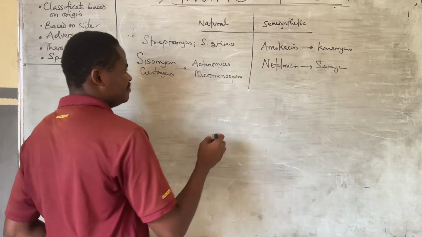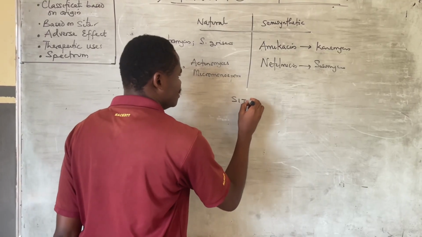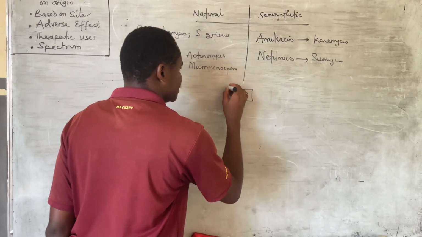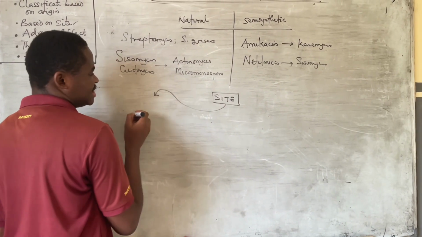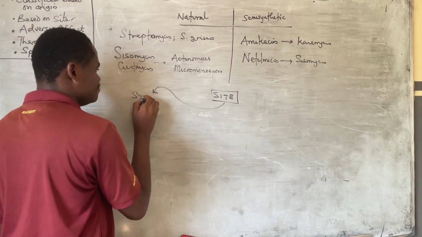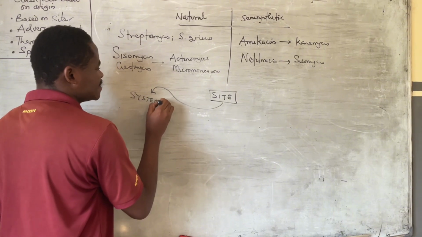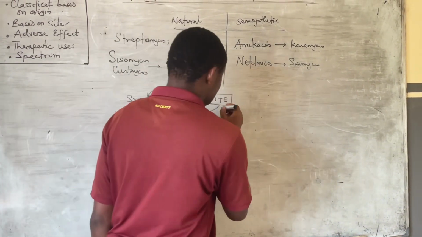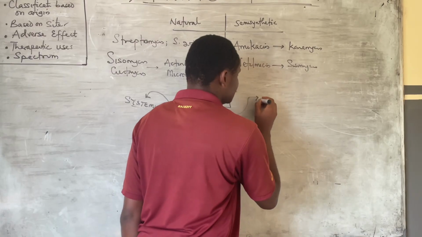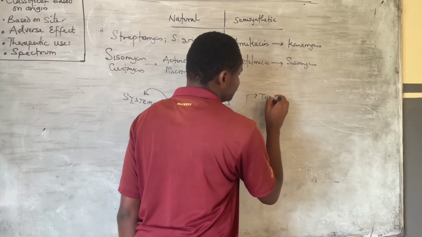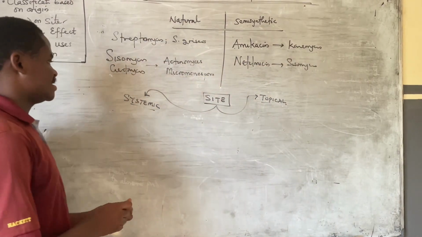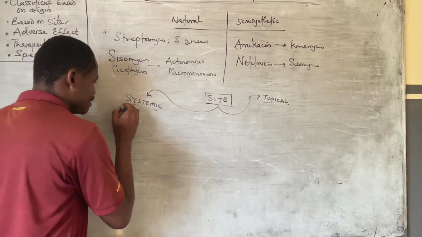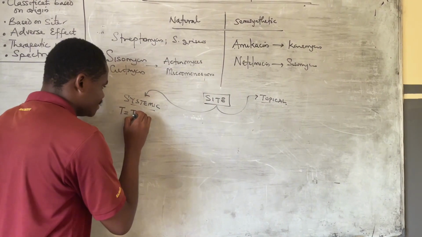Now, classification based on the site of action, we have just two based on site. Number one, those that act systemically, we call them systemic aminoglycosides. And number two, those that act topically, on the skin, we call them topical. Now, what are the systemic again? Systemic, we have